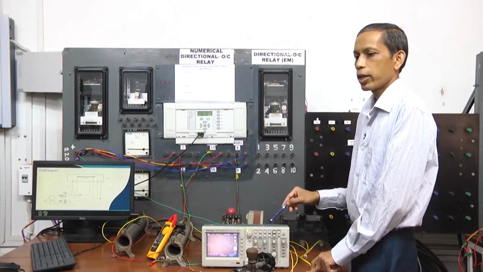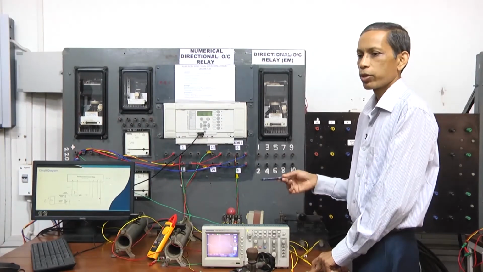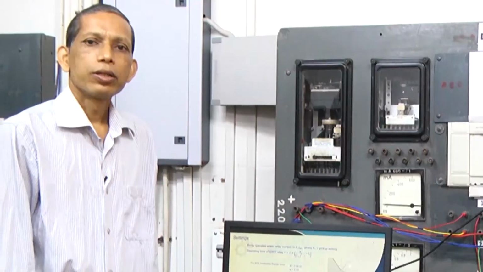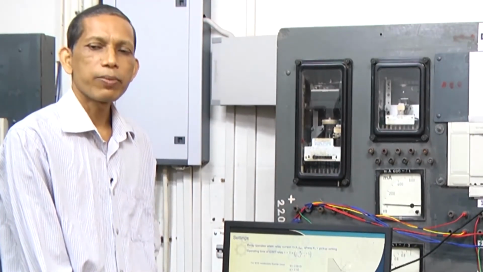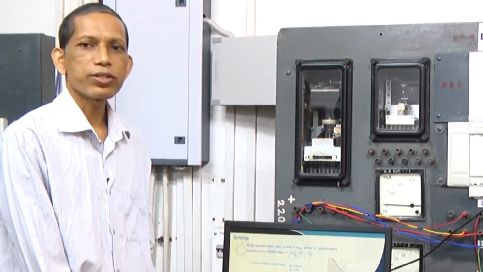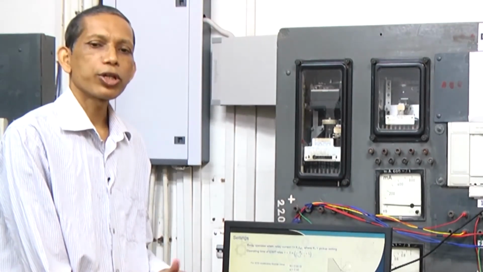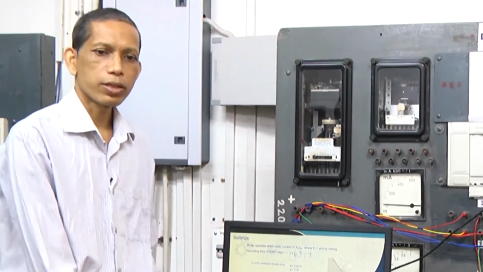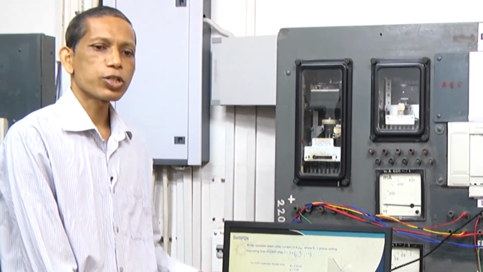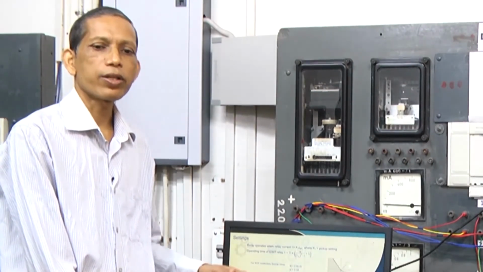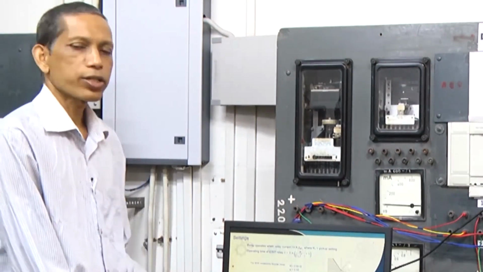So, with this we will now go for the different settings in that relay, and then we will demonstrate how the relay is performs for the particular setting. For this experiment, in the first case we will fix a setting for the relay through this PC, and then we will see how the relay performs for that setting. Our target is to verify whether the relay is performing properly as per the setting or not. As already mentioned, this is a directional overcurrent relay.